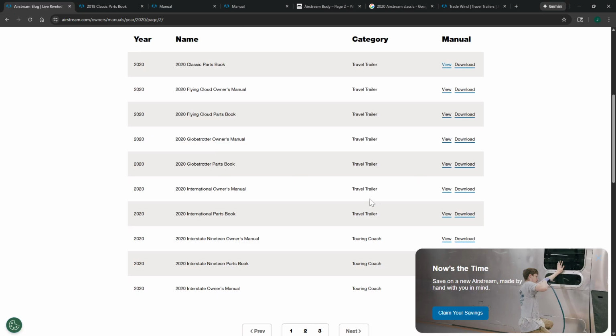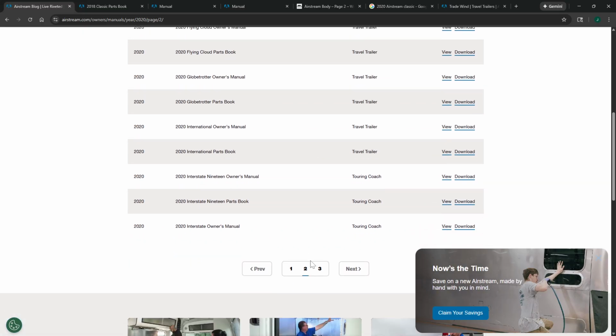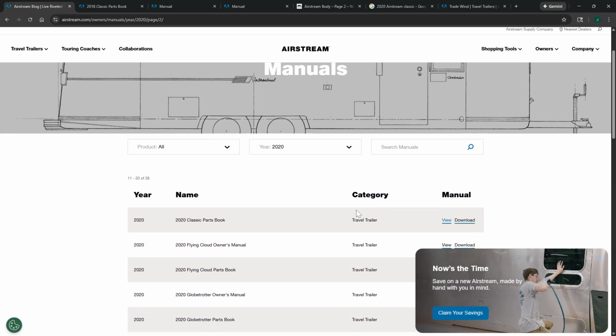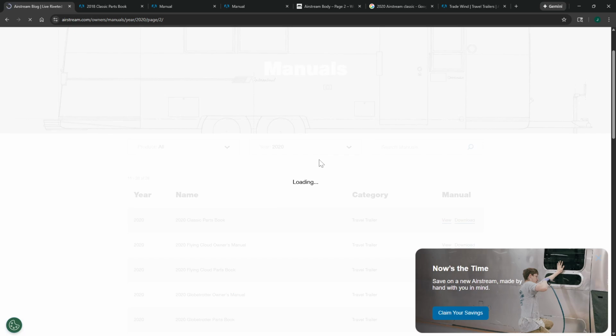I'm guessing that the shape of these things hasn't changed too much, and that you could probably also use information from one Airstream trailer. There's probably a kind of standard, maybe the heights are fairly standard, although I haven't confirmed this. What's also interesting here is that you can go all the way back to the 60s and 70s and see manuals